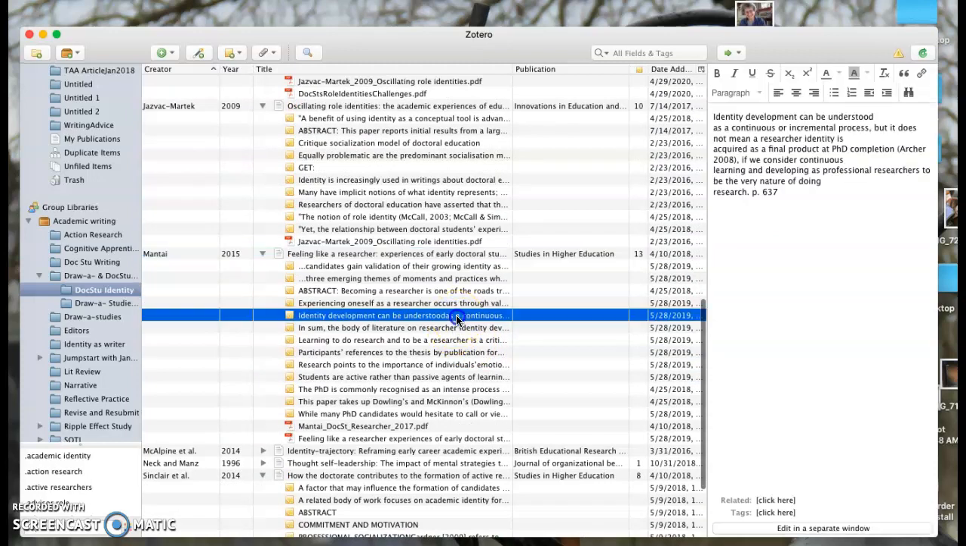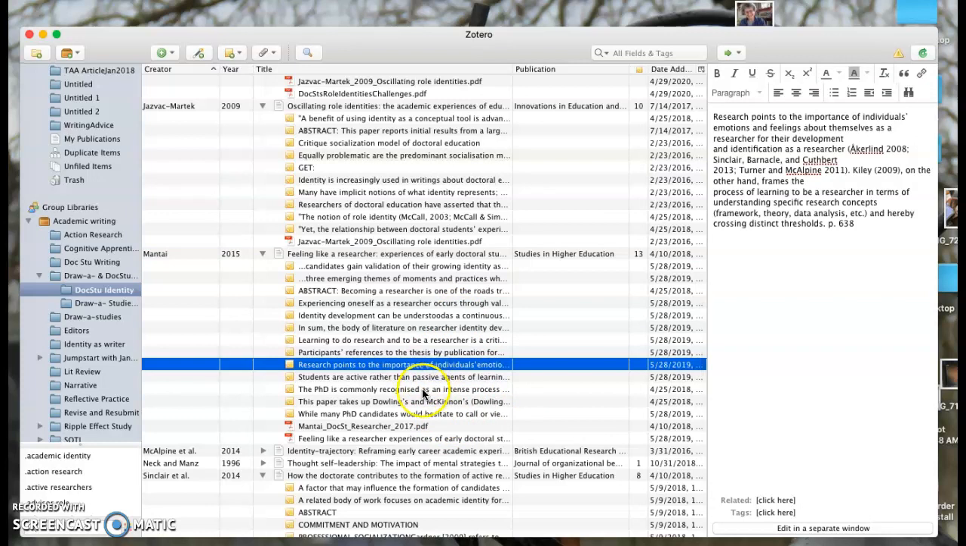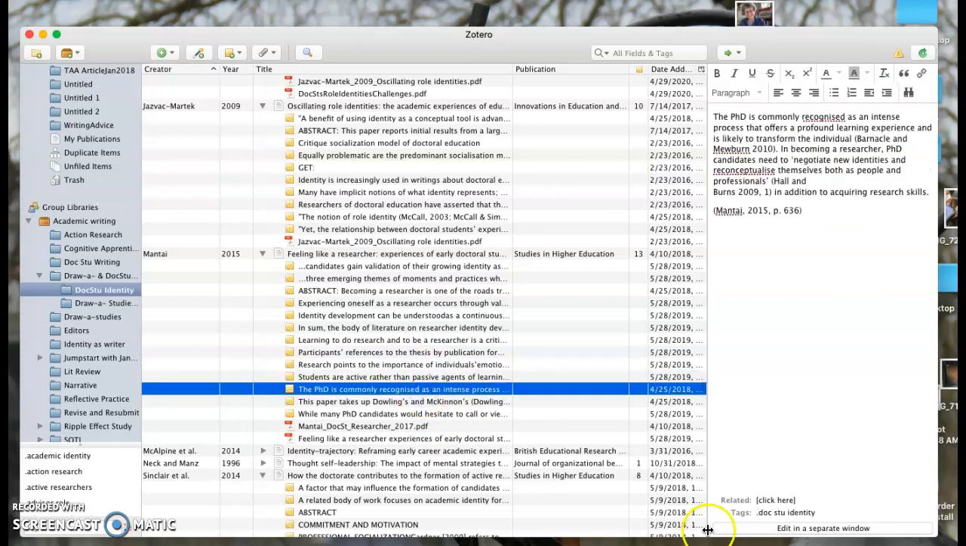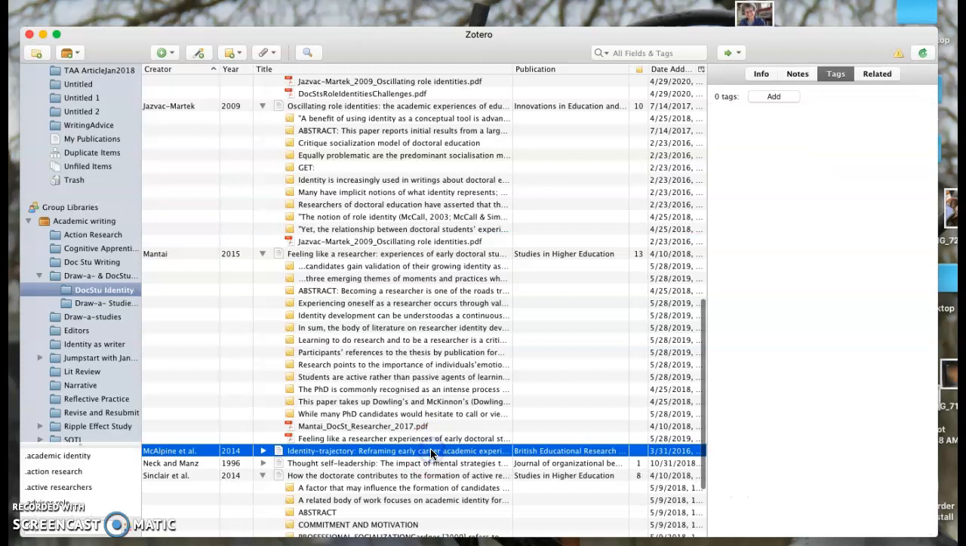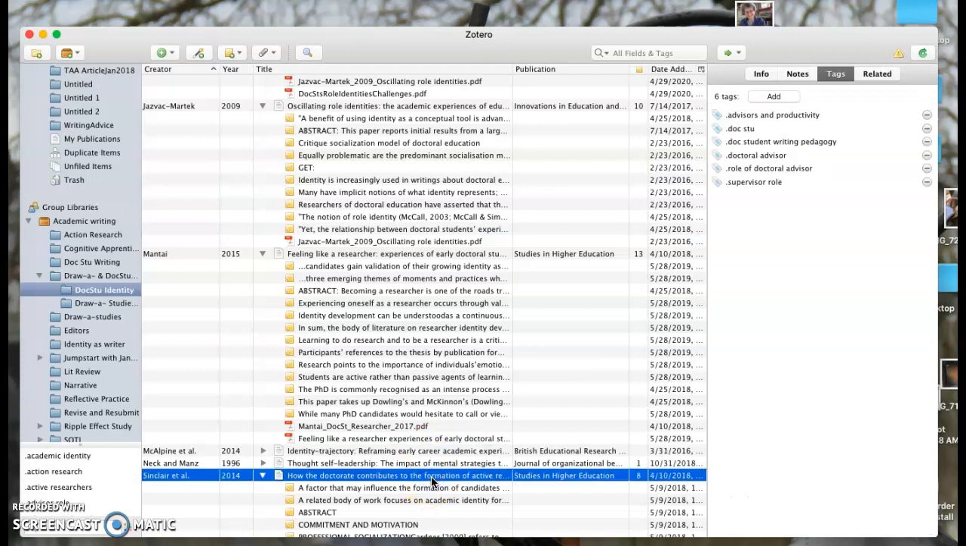Oh, maybe I know what I did. I didn't tag the whole article. I started tagging individual quotes within the article. So here we go, doc student identity. My old pattern used to be I would tag the whole article. Now what I do is I tag the notes themselves so that I can pick up those notes themselves. Sometimes I tag the note. When I do tag the note, then I am able to, instead of just the article,